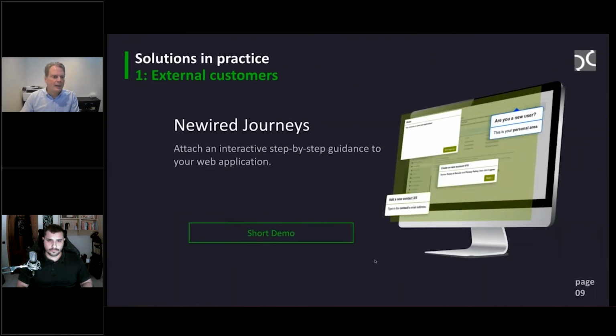So now control is yours, Gianluca. Gianluca will show you quite a simple example on a public website. I think it's like a technology vendor that you made some journeys for. That's correct. So this overlay technology is actually not touching the underlying application at all. It's like a website on a website, but it is context sensitive, so it can react on the actions of the user. And yeah, let's see what Gianluca has in store for us.